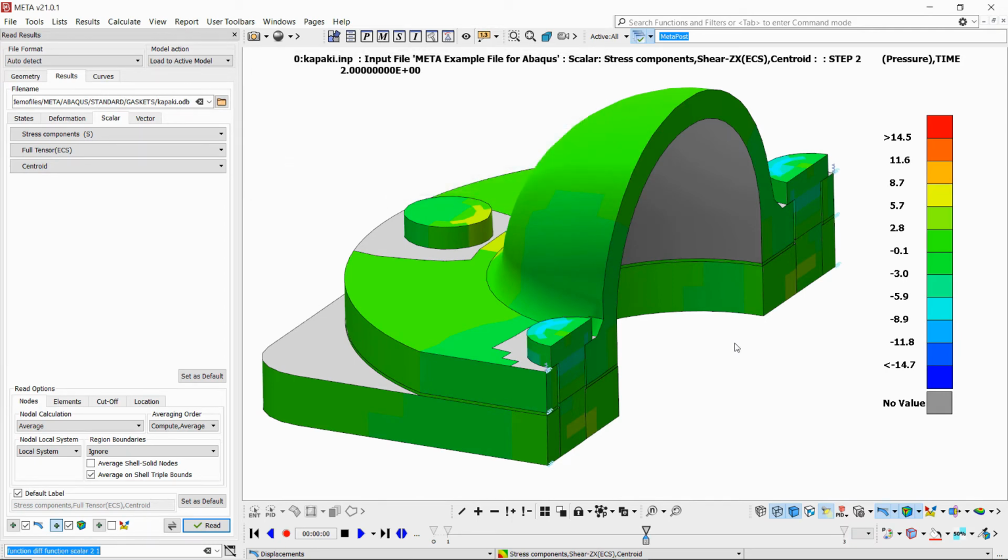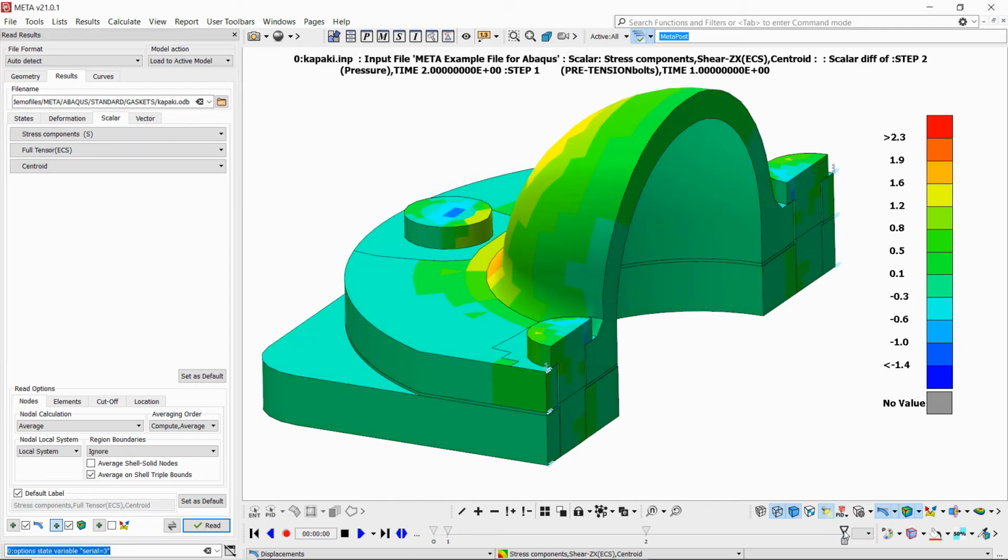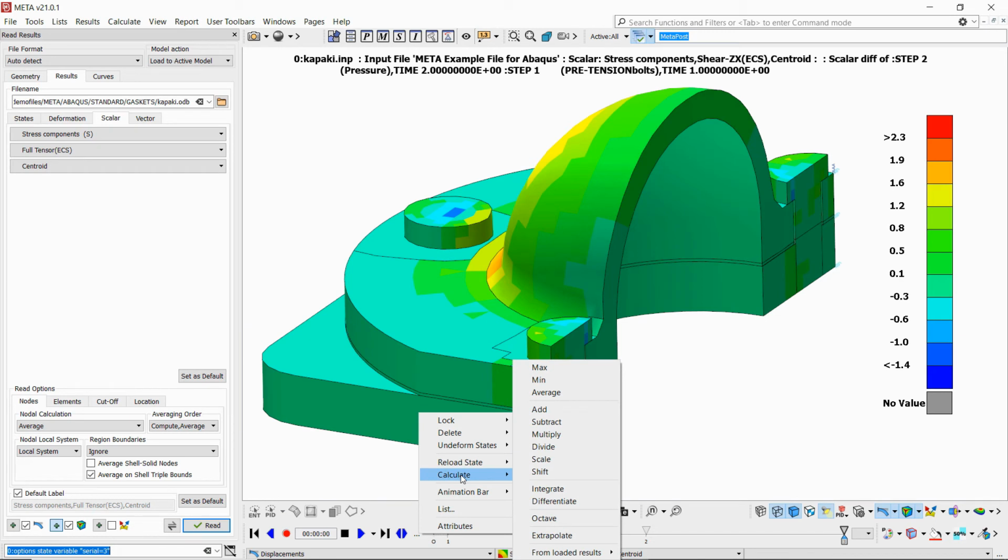So if we say OK and Apply, we see that we've got a new state created, and for this new state, we've got the full stress tensor calculated for the subtraction between states 2 and 1. Now, apart from performing this calculation quickly, we may now also choose to work out, for instance, the von Mises stress for our full stress tensor.